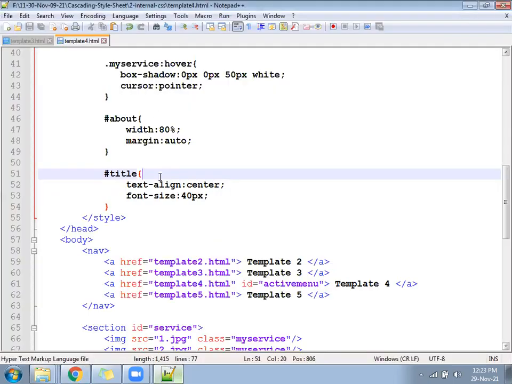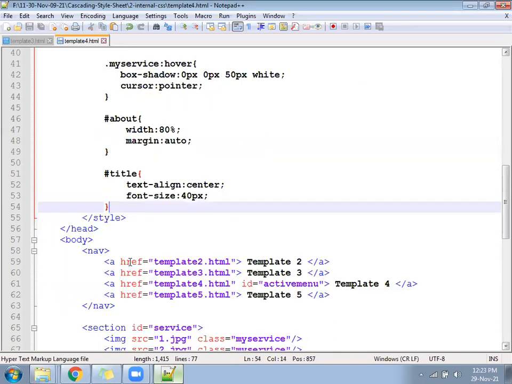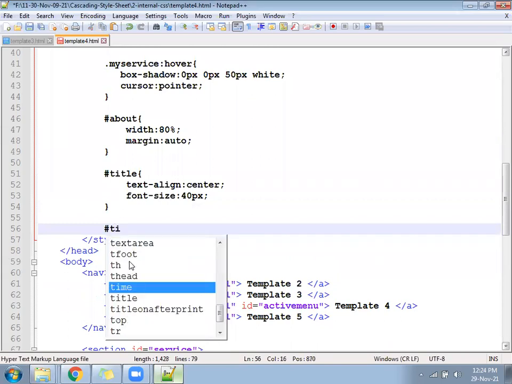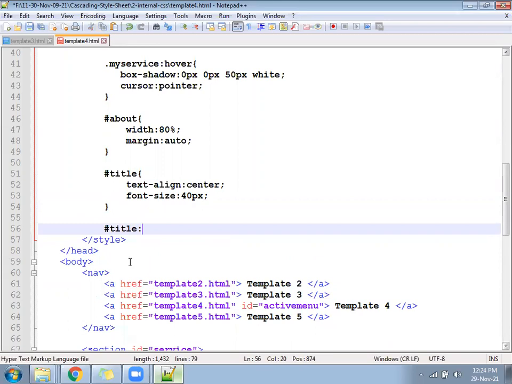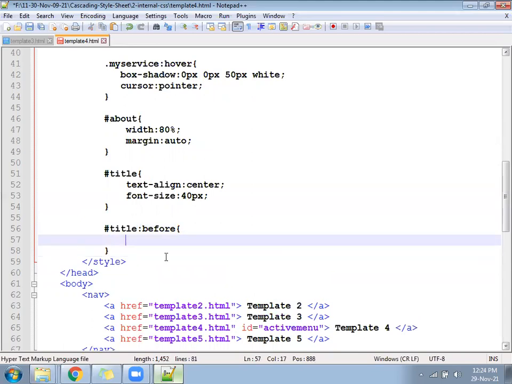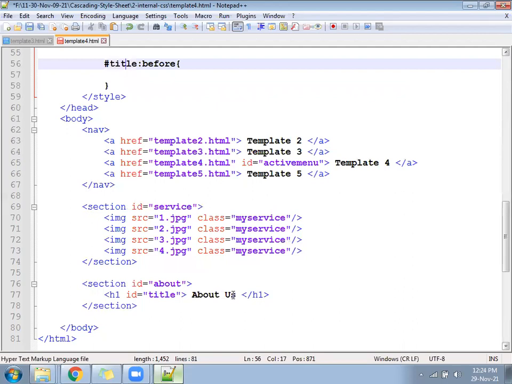So we have seen an event here called hover. We have one called before and one called after. Let's write now. Has title colon before. Like before the title tag, where you are calling this ID, exactly just before that. So what have you written here? About us, meaning before about us.